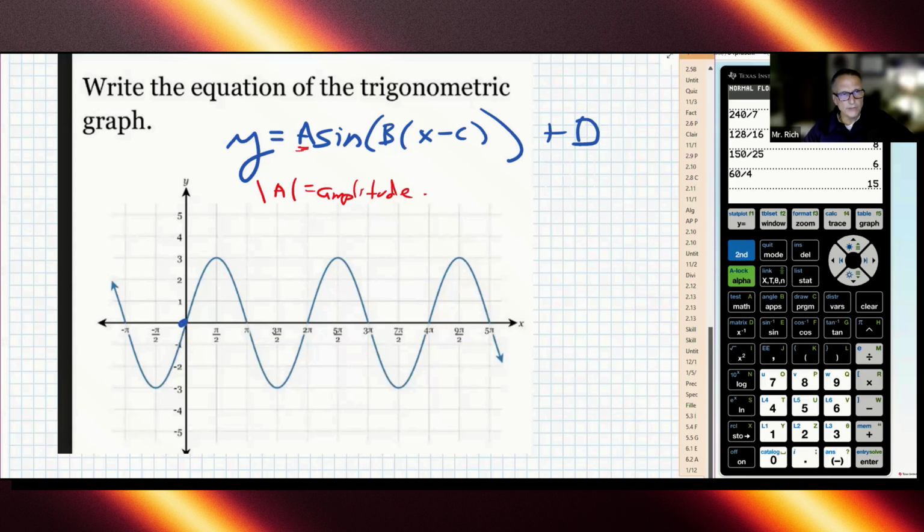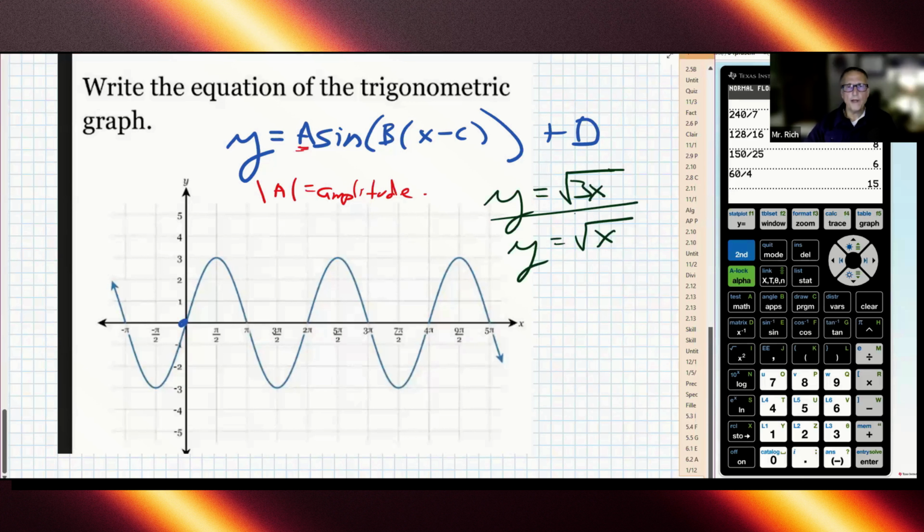Now, the AP Precalc students are more familiar with these ideas of horizontal dilation. I'm going to give you an example of another type of function. If I gave you the square root of 3x, and there's another function, which is just the square root of x, which is the parent function. This function that has the 3 multiplier is going to be a horizontal dilation by a factor of 1/3,